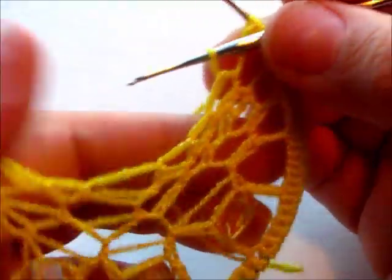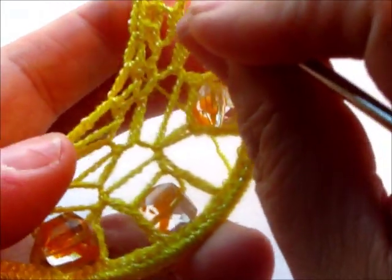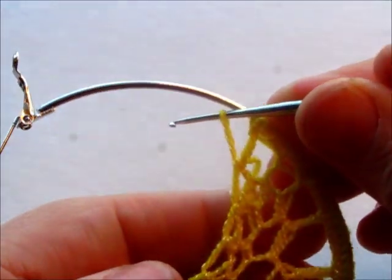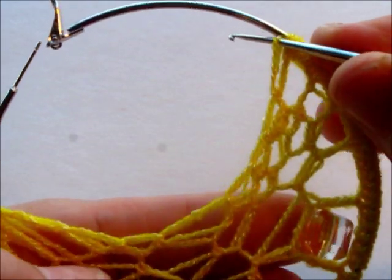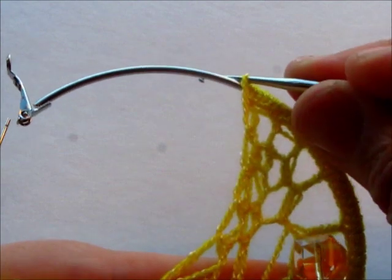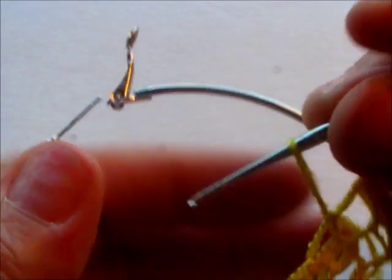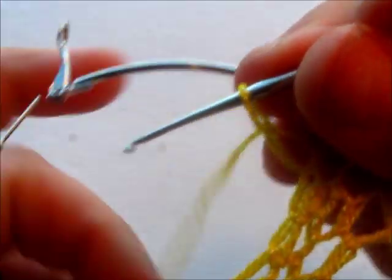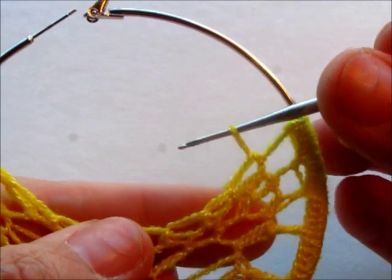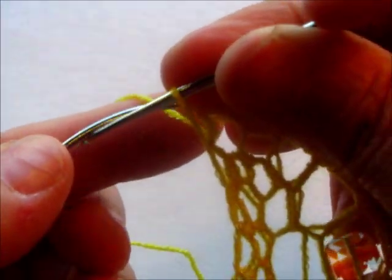You can, even before you flip it, hook it onto here if you want to, or stitch onto the first stitch right there. I'm sorry. If you want to finish off this edge that's just not looking right to you, you can crochet around the hoop here, or you can just leave it like this. Okay. And then next, you know what, I am going to